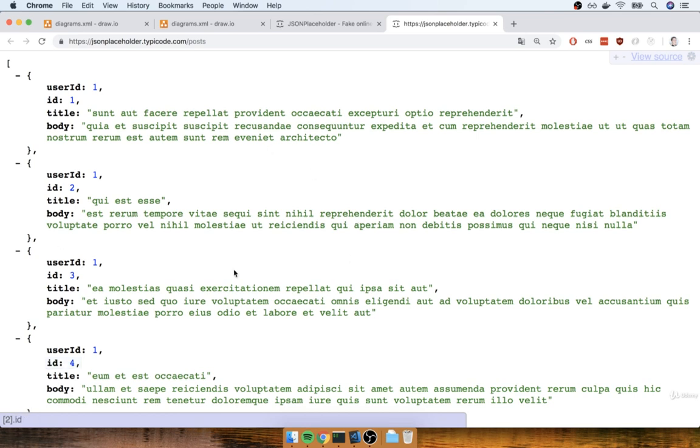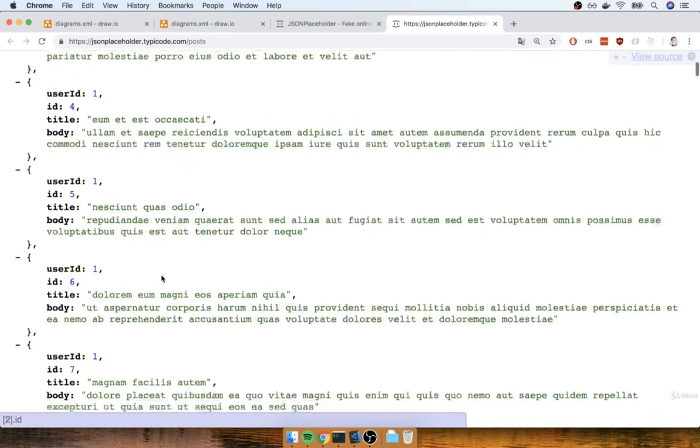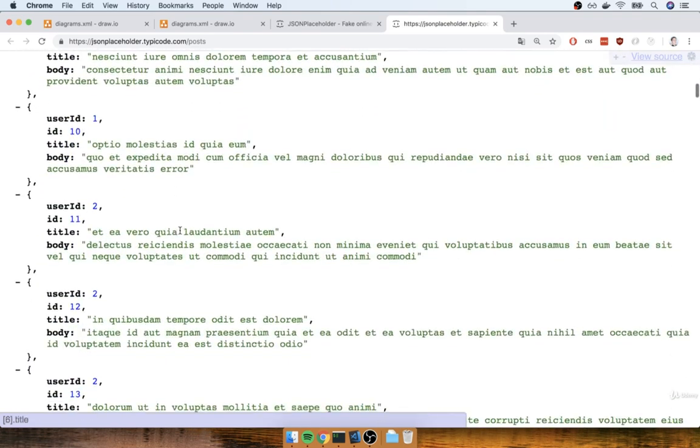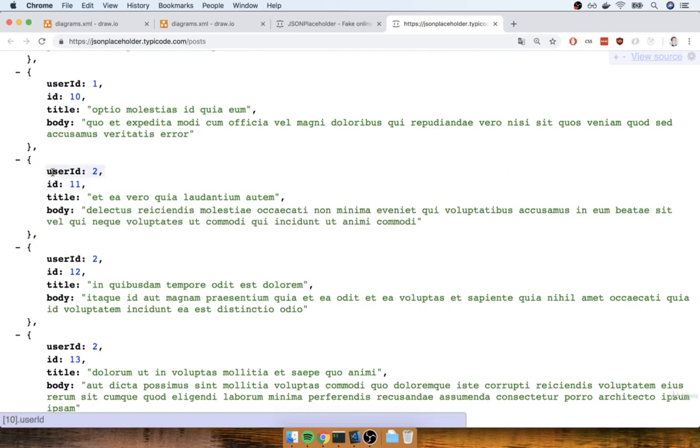It is because I have a Chrome extension that automatically formats JSON data on the screen. So when I take a look at this list of posts right here, you'll see that every post object has a title, has a body, the post itself has an ID, and then it also has a reference to the user who created the post as well. So in this case, user with ID 1 created this blog post, this blog post, this blog post, and basically the first 10 or so on here, and then eventually it flips on over to blog posts created by user with ID number 2.